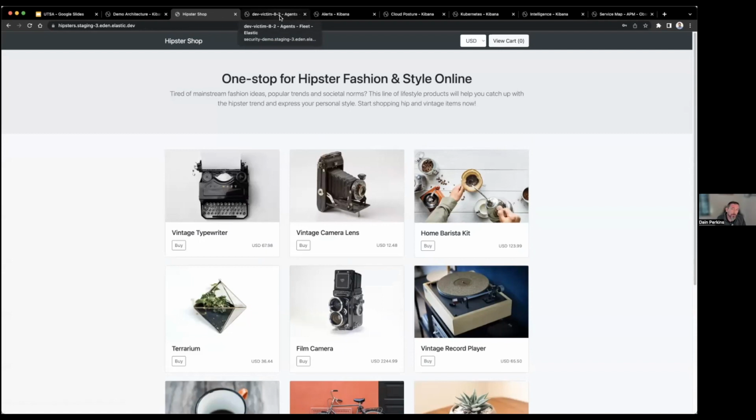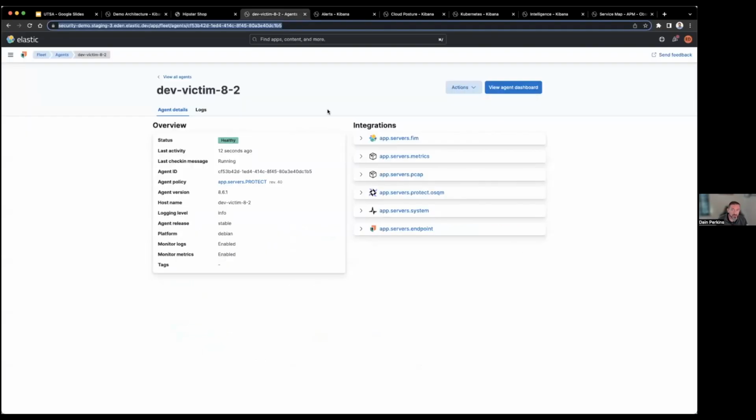Now I'm going to back up a little bit, and this is our development system. It is our victim in this demo, and we've got file integrity monitoring. I'm pulling Linux metrics, CPU, processor, memory, that sort of thing. I've got a packet capture running so that we're getting network flow, we're getting protocol information. I have OS Query Manager deployed, and I can deploy this with my Elastic Agent environment. So all of our agents have OS Query Manager available, so we can use that to respond to threats.